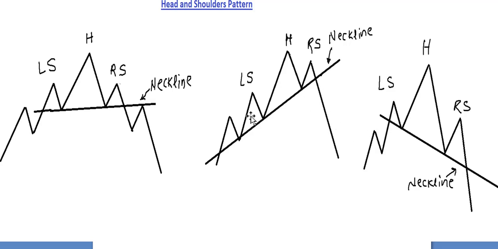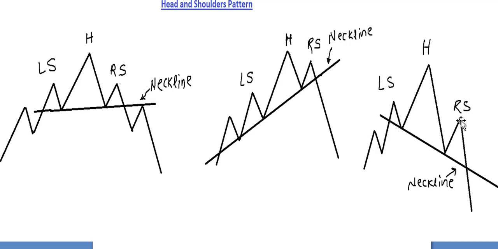Now you see, this is the upward side Head and Shoulders pattern. This pattern is slightly tilted towards the upside, right? The pattern is strong when it is tilted towards the lower side, the downside. You see this pattern. This pattern is very strong. Now here also it is a Head and Shoulders pattern. We have a high, another high, and a high which is not breaking this high, right? This high is lower than this high.